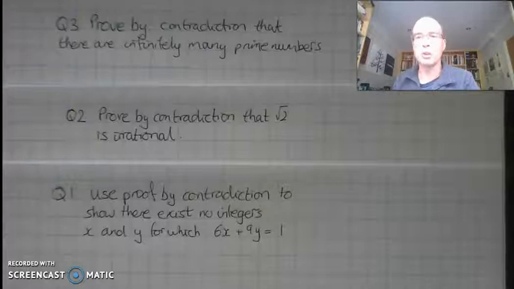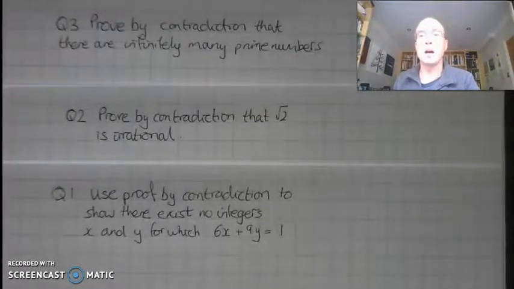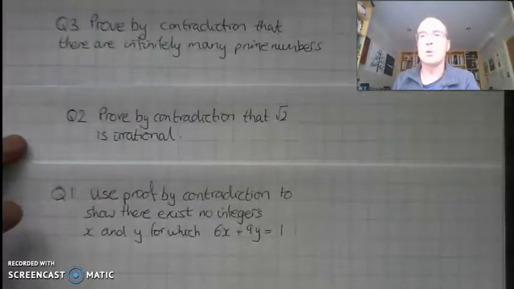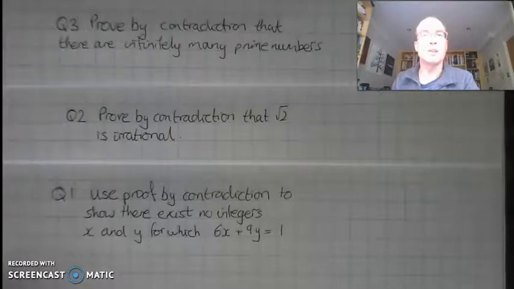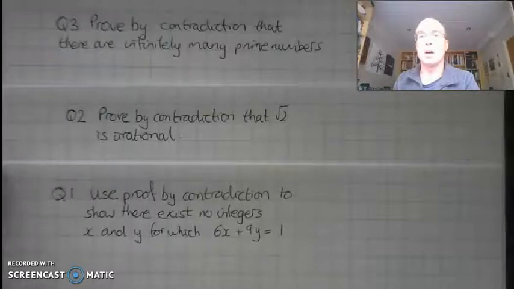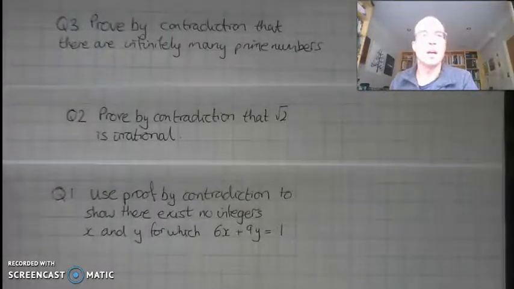Apart from the general stuff, there are also a couple of little tricks that you need to be aware of for a couple of the questions. So we're going to have a look at proving that root 2 is irrational. Same for any square root of any prime number. There's a trick that we need to be aware of, so we'll talk that one through. And we'll also have a look at the one where we're trying to prove that there's an infinite number of